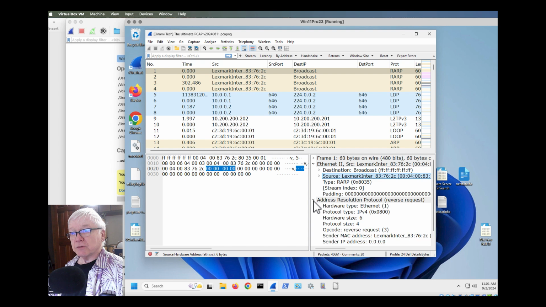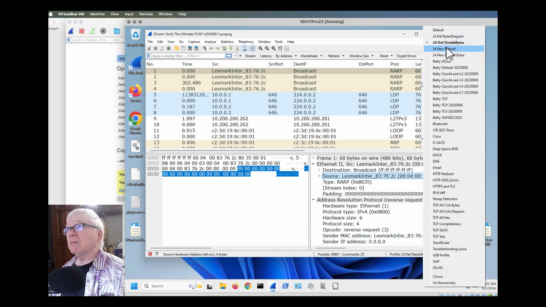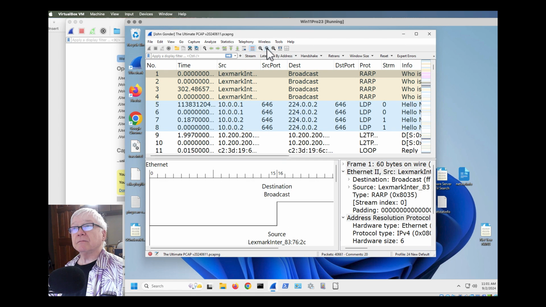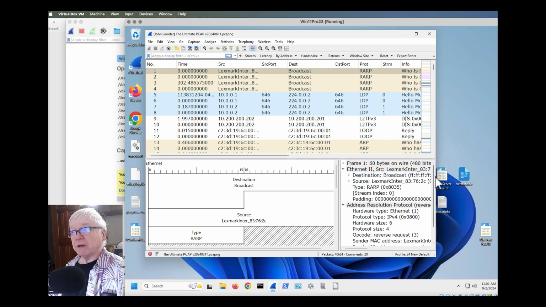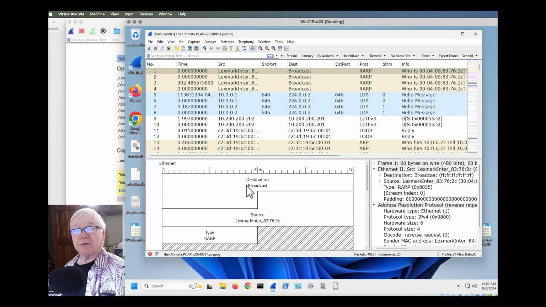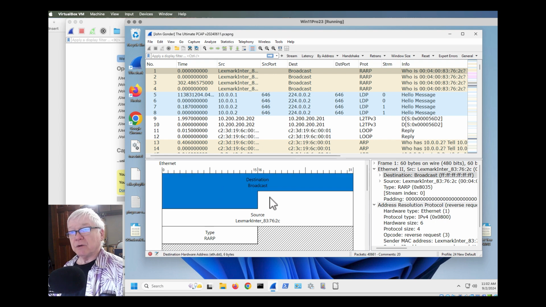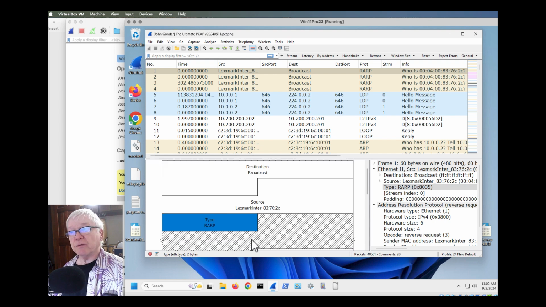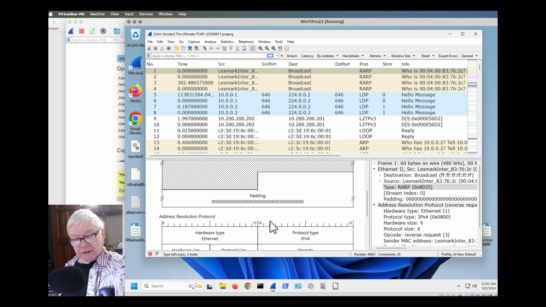Here's the structure of the fields. Well, that's actually the opposite way. My new default is what I really wanted. There we go. That shows me the list of fields, and then also the diagram of the packet, which makes it really nice to be thinking about the structure of the packet and what's inside the encapsulation at each layer is pictured for you.